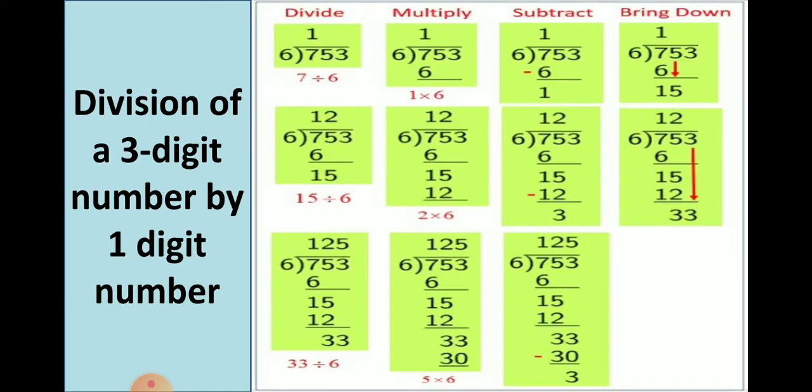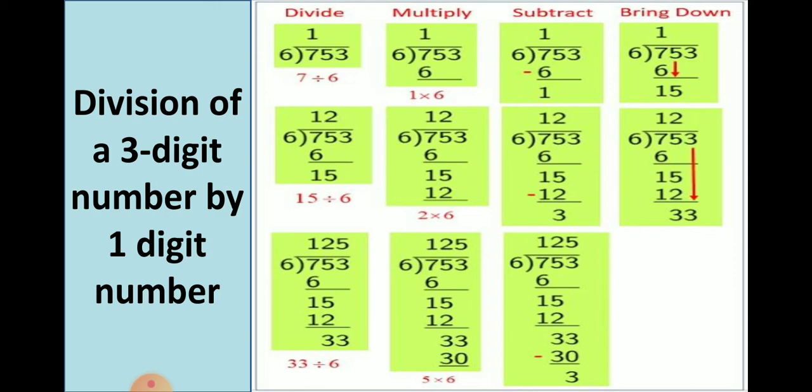Now let us take a look at division of a 3-digit number by a 1-digit number. Here our dividend is 753 and divisor is 6. In 753 again we will take the first digit because it is bigger than the divisor. So the first digit from the left is 7, 6 1s are 6. We will take 1 time and we are left with 1. Now we will bring down the next digit, that is 5, and so we will take 6 into such multiple that should be either equal to 15 or less than 15. So 6 2s are 12 and now you will be left with 3 after subtracting 12 from 15.